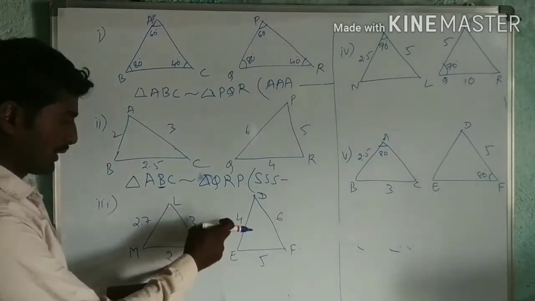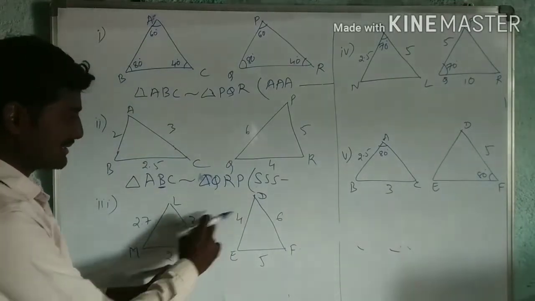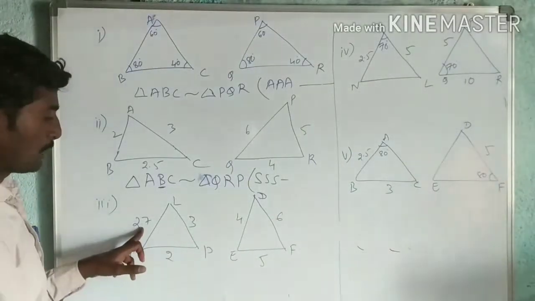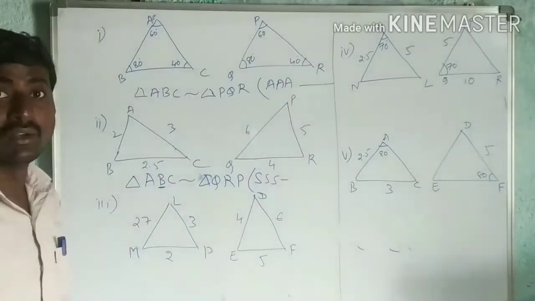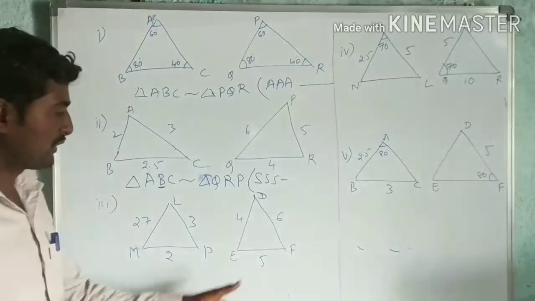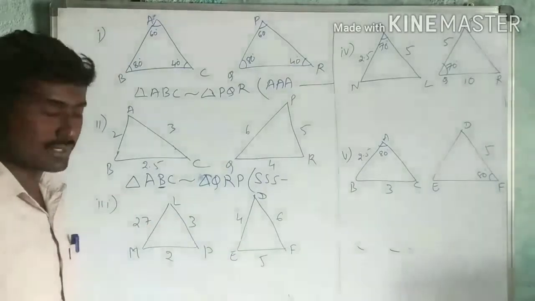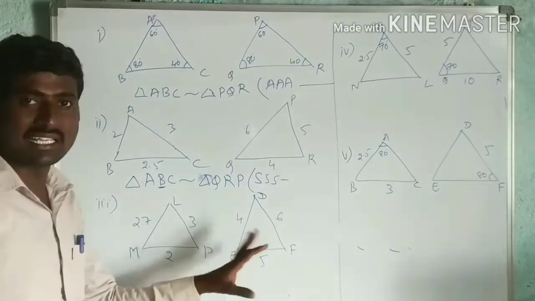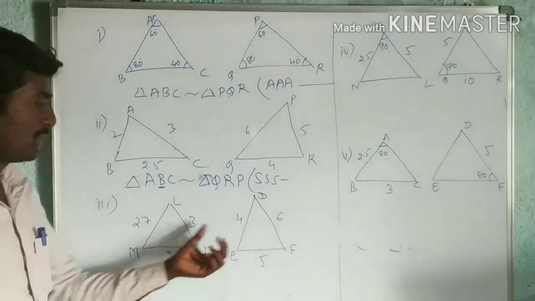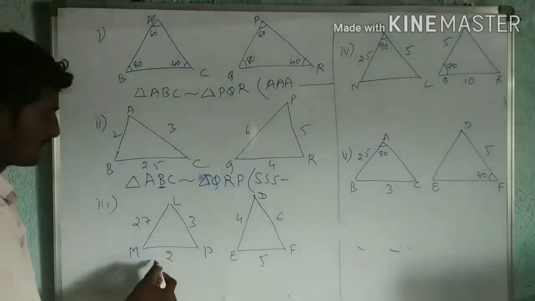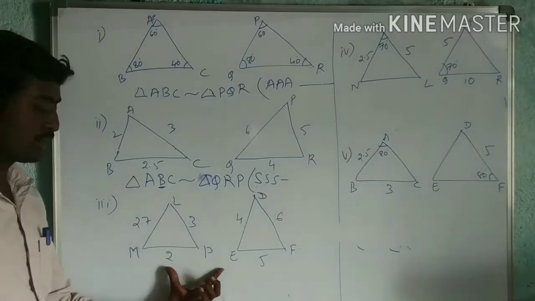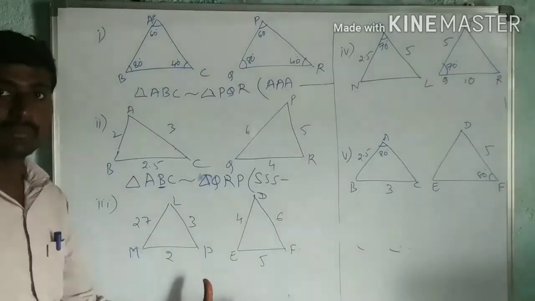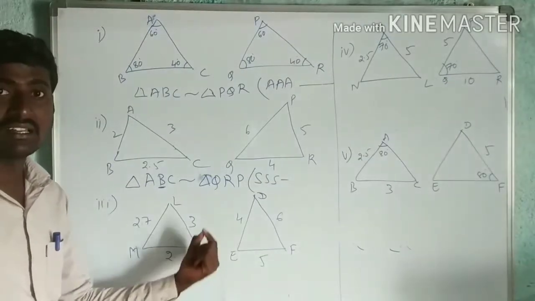2 divided by 4, again 1 by 2 we will get. 3 by 6, again 1 by 2 we will get. But 2.7 divided by 5, you are not getting 1 by 2. Therefore corresponding sides are not proportional. And corresponding angles they have not given, not mentioned about angles. So therefore you can write these two triangles are not similar because corresponding sides are not